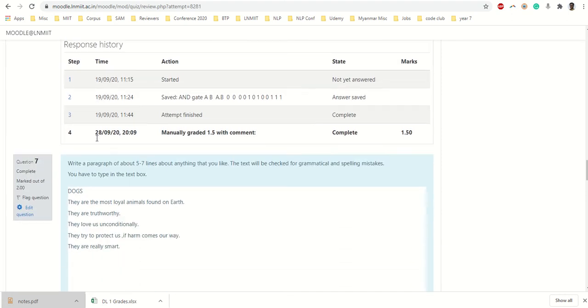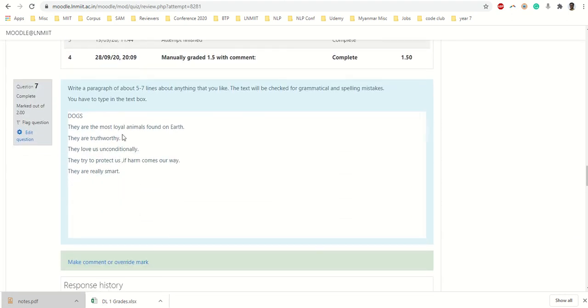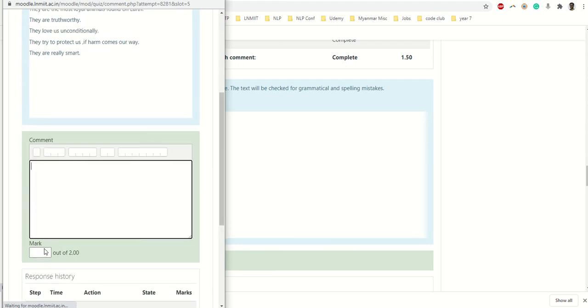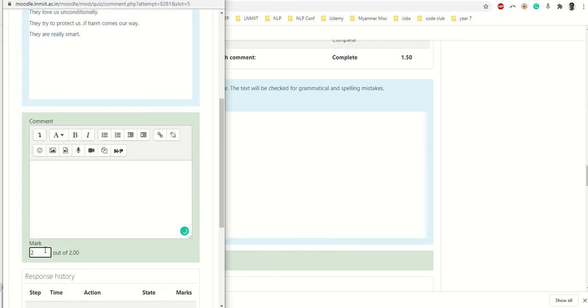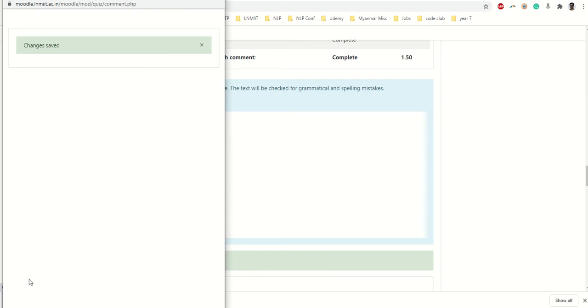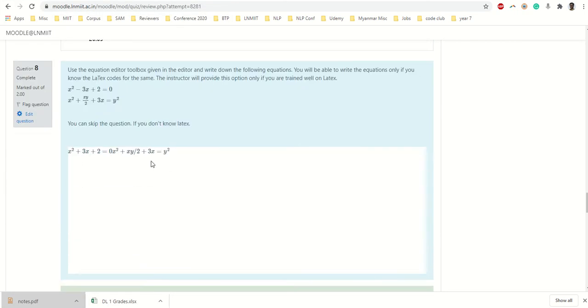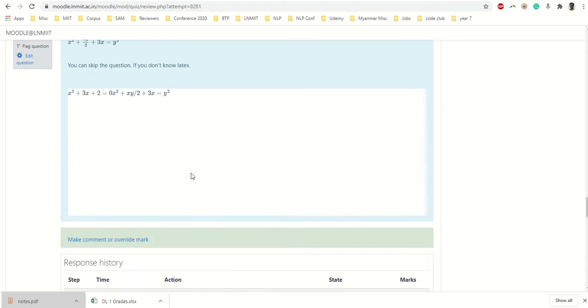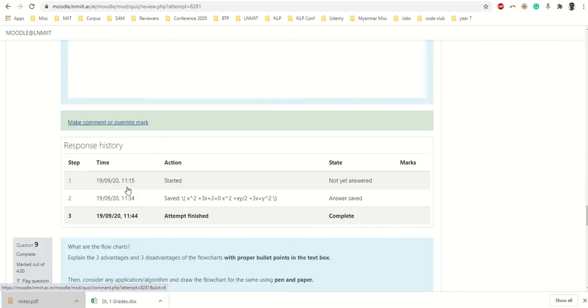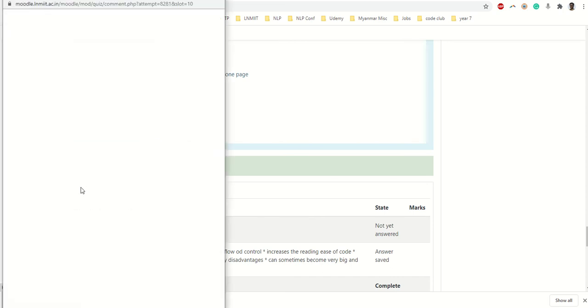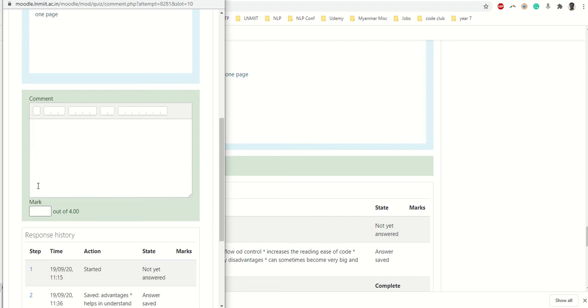You just scroll down to the next question. So here I have the next question and I'll just see that, okay, let me give him 2 out of 2 this time and save. And you can simply keep on scrolling down, keep looking at the answers, and whether they are doing it fine or not, just keep giving the marks. So now when you are done with all these, let me quickly give the marks for this also.